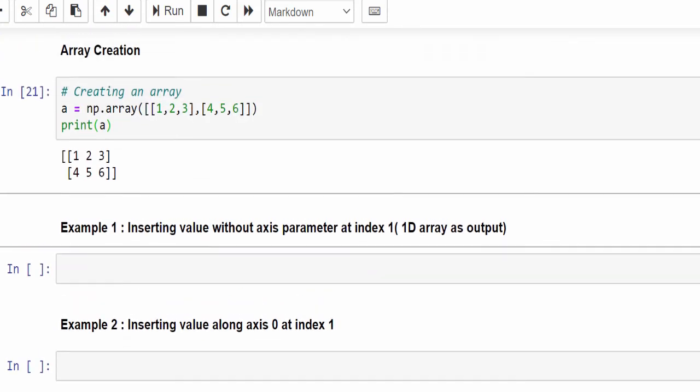So first we will create an array, and the array is 2 rows 3 columns. The first scenario, without the axis.